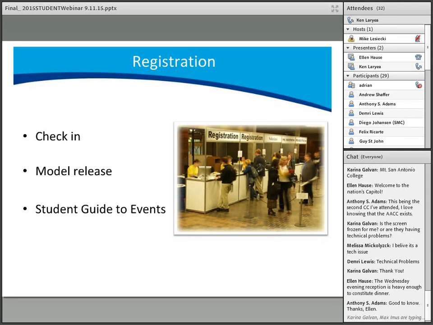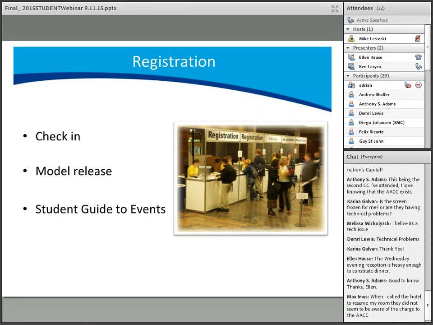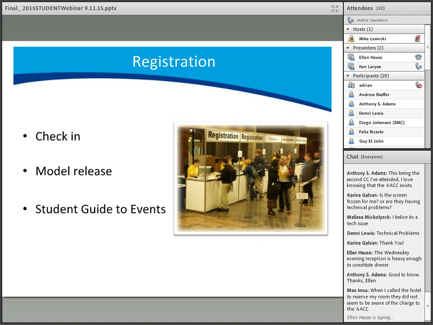After getting settled, you will want to come to the west wing of the hotel and pick up your registration packet. You will need to sign in at the registration desk, and afterwards you will receive your conference materials from AACC staff. Please know that by signing in, you give AACC permission to use your photo within any AACC publications or media that promotes and shares information on the ATE program. You will also be given a quick guide for student events, as I referenced earlier, and a one-pager which highlights all student activities during the conference. And it will also include a local area map and restaurant list.